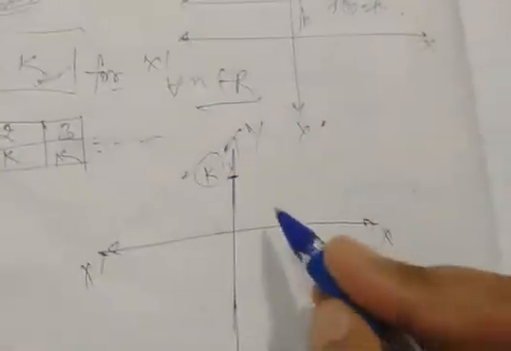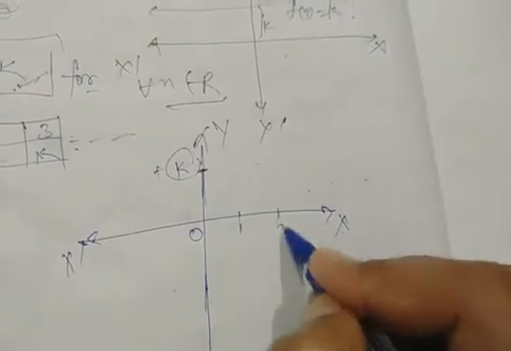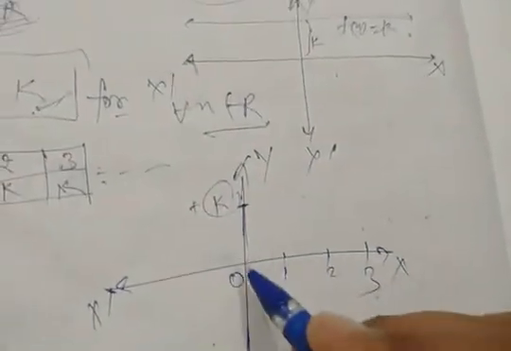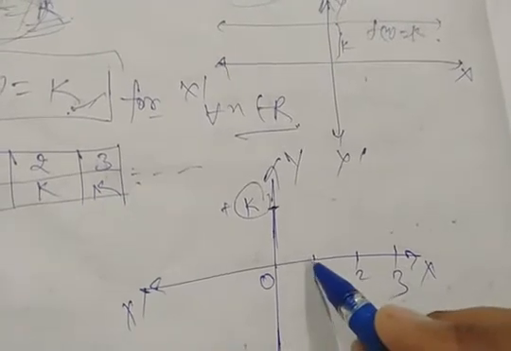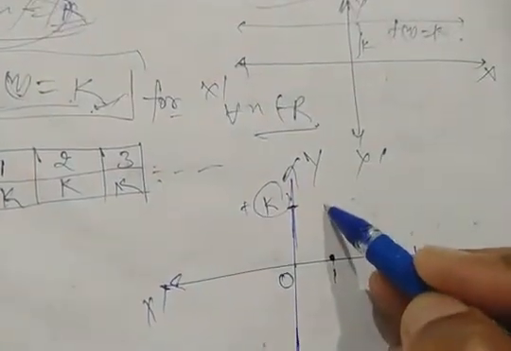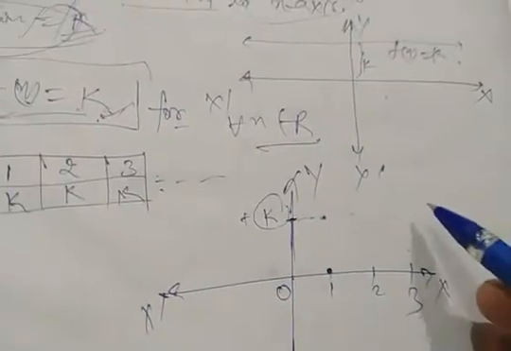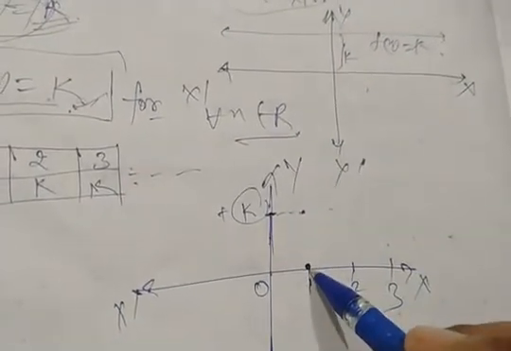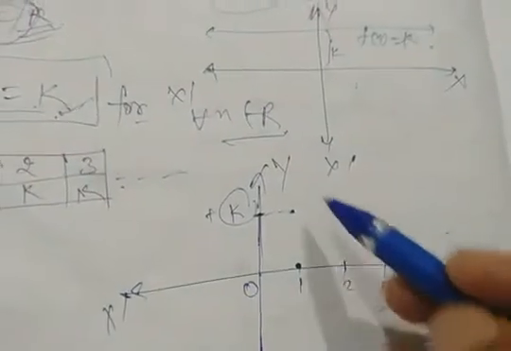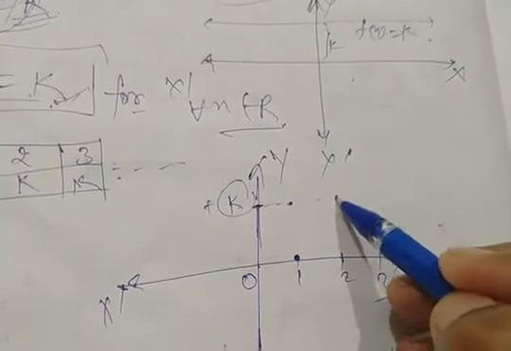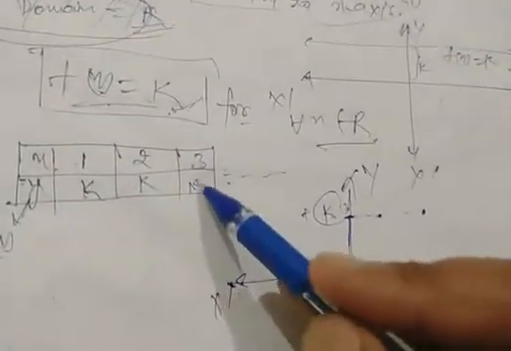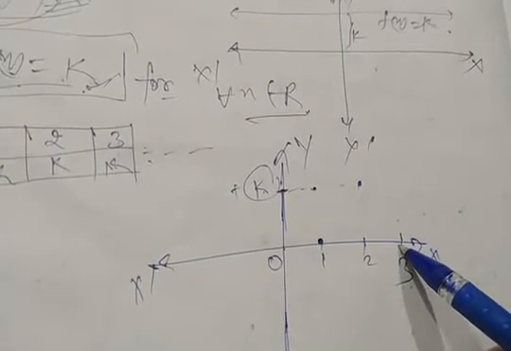Let's see in this way. Let 0, 1, 2, 3. Suppose we put x is equal to 1 in that function, so as a result we get k. Here we get k. If we put x is equal to 2, then again we get k. So your point is here. Suppose we put x is equal to 3, then again as a result we get k,